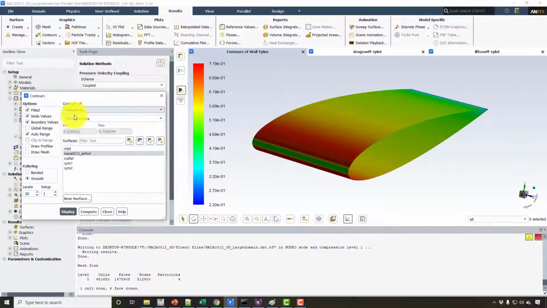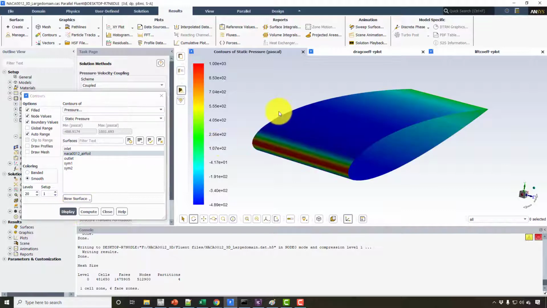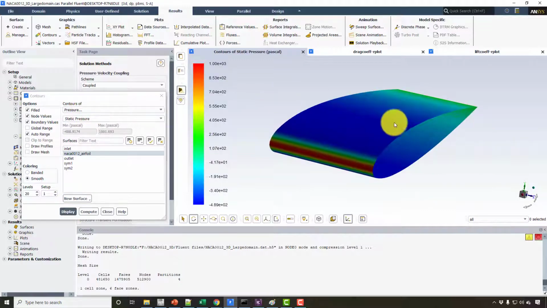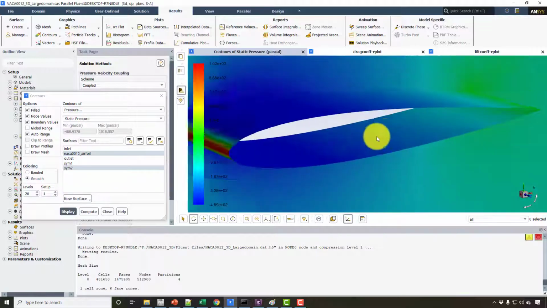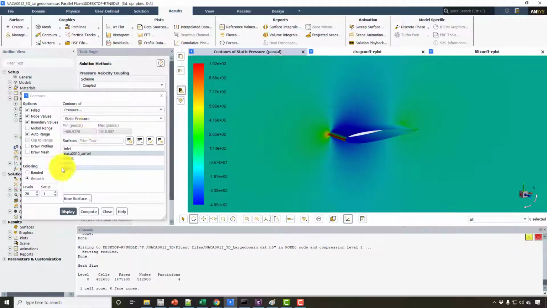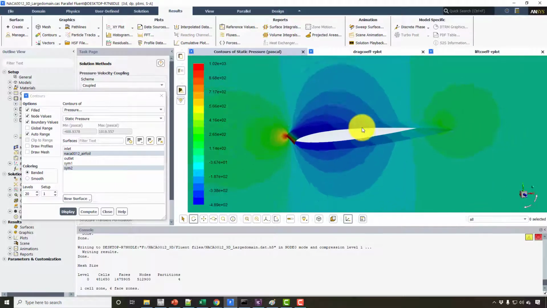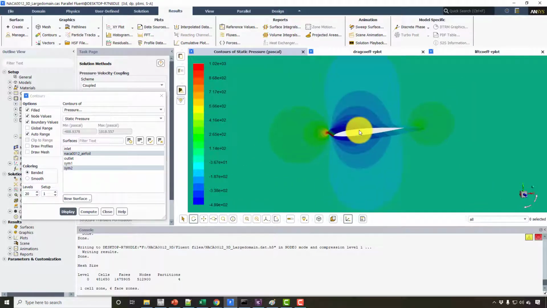And the second thing, now we can plot the different contour plots, for example here the pressure contour, and you can also choose one symmetry plane in this way, and then you can also change it to banded, so you will see the typical type of contour plots as you usually see for fluid simulations. And in smooth, it will gradually change from the blue color to the red color, where blue is the lowest value and red is the highest value.